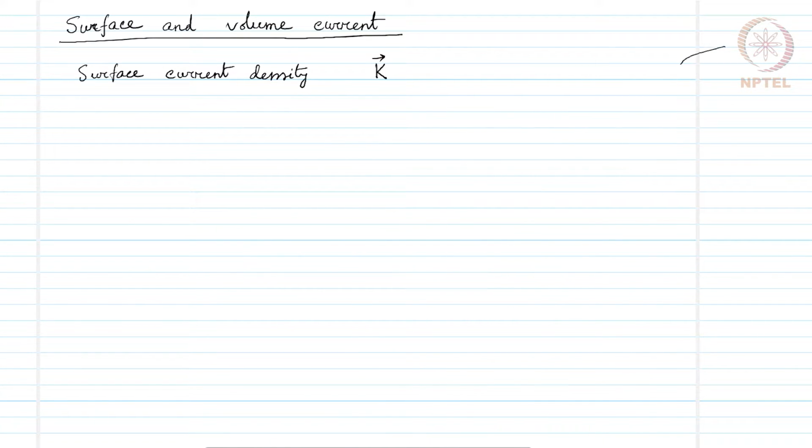If we have a surface like this, the charges are restricted to move on this surface, and they move along this direction. That gives us this current density K,